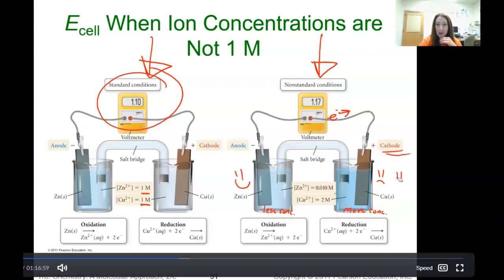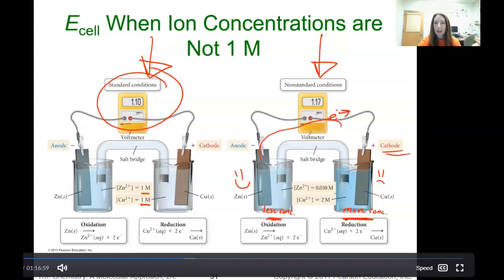Right? So if you think about entropy, what usually happens is people go, oh, this one's going to go over here to even it out. But that's exactly the opposite of what entropy is, right? Entropy means it's going to go from high potential energy to low potential energy. So what's going to happen is the less concentrated is actually going to go over here to make this one less concentrated, right? So it's actually going to come over here to even itself out. Sort of like what you talked about in 219, if you ever talked about osmosis, sort of kind of like that. So you have this less concentrated is going to flow over here to the more concentrated